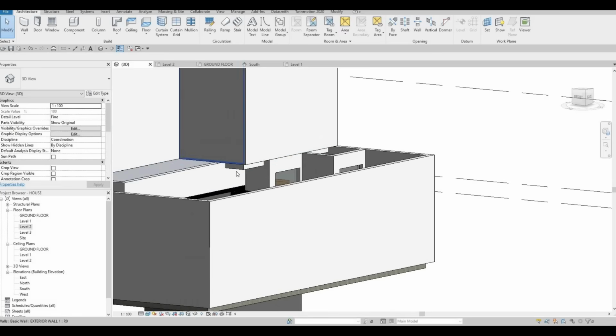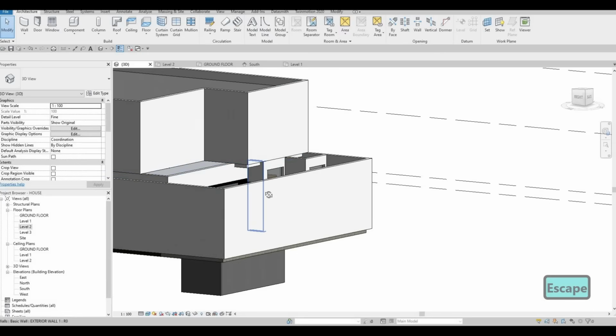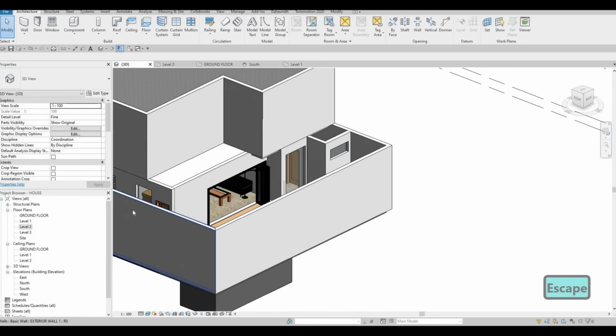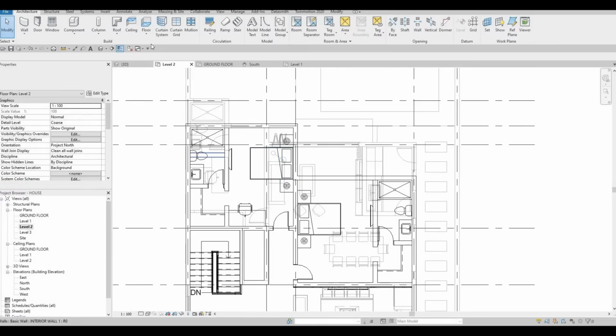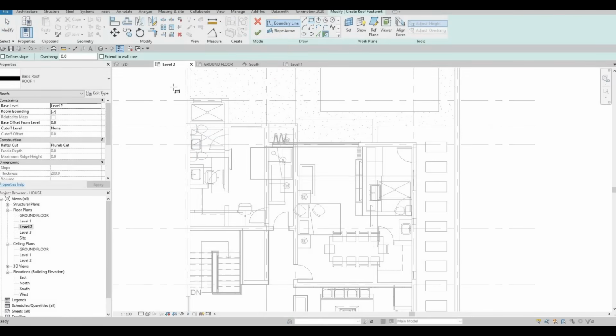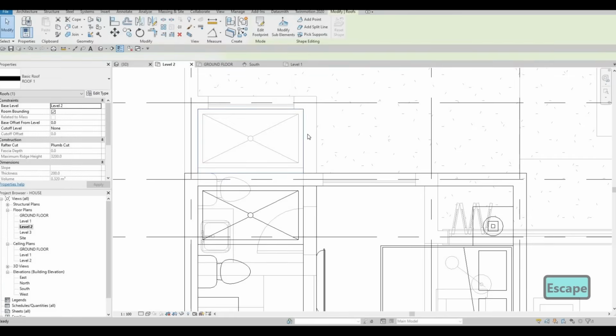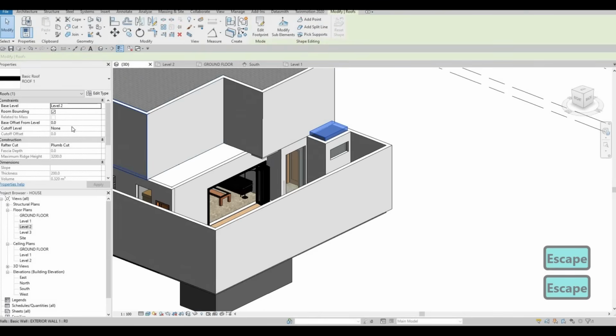So this part, we could just extrude it below, or we could just clean it up by using a model in place so that every gap is closed. So here, same thing, roof, and then let's close it off right here. Click on finish, and then